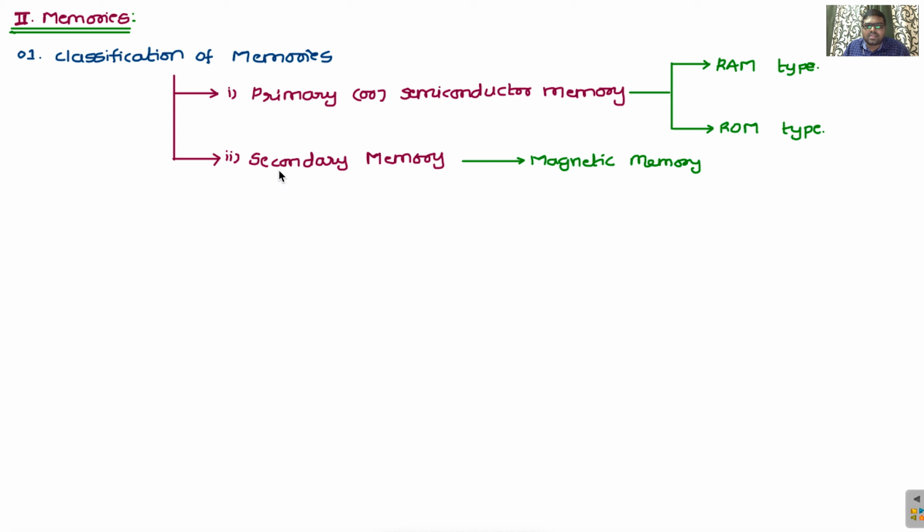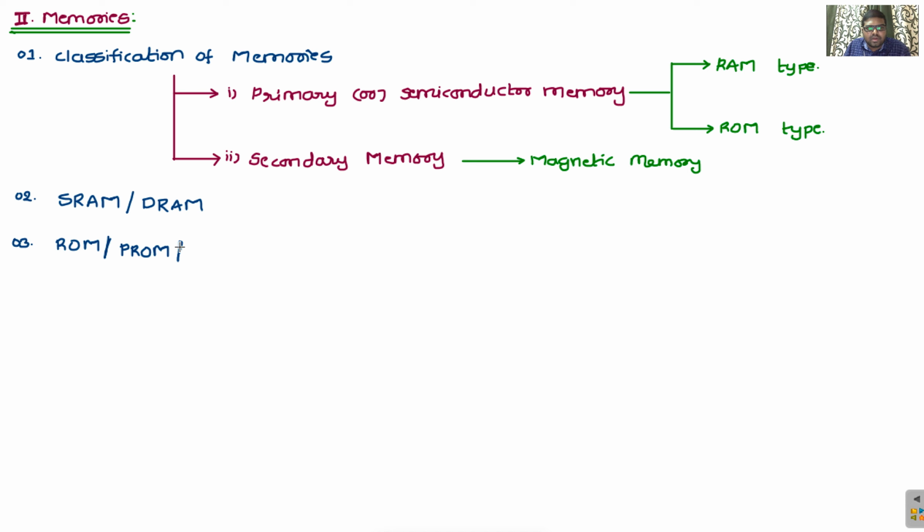And the secondary memory is magnetic memory. And next, the second topic is SRAM, static random access memory, and dynamic random access memory, DRAM. And the third one is read only memory, and programmable read only memory,